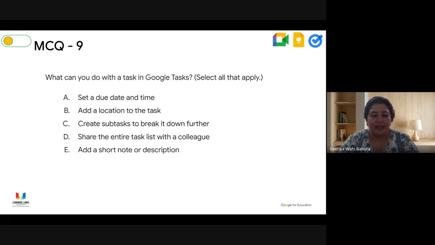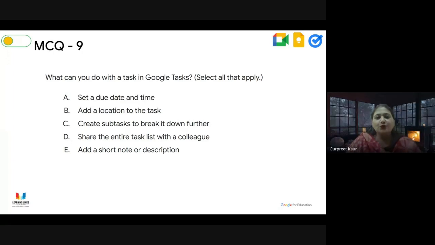Okay, next one. What can you do with a task in Google Tasks? Select all that apply. What can you do with a task in Google Tasks? So D is also not there. That is share the entire task list with a colleague, right? So B and D. Now,